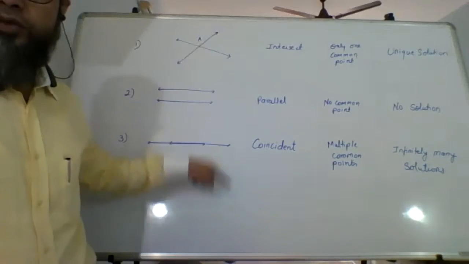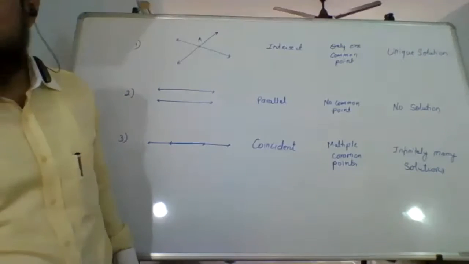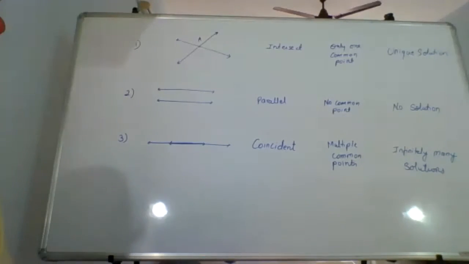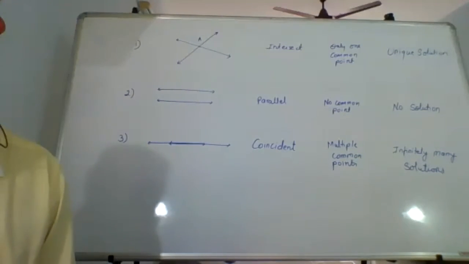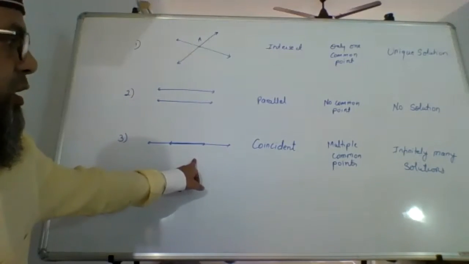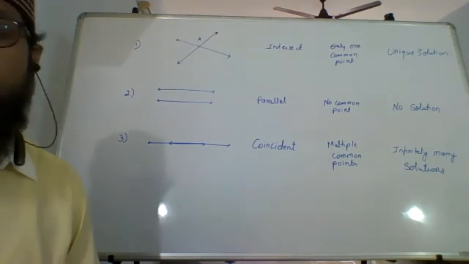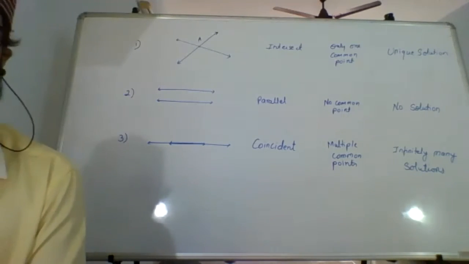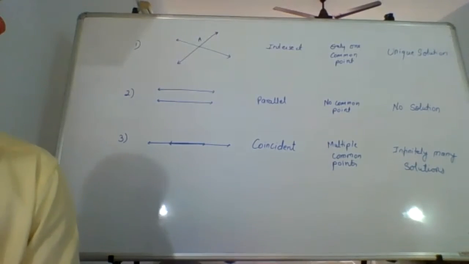Draw this table so that you will remember this later on also before we proceed further. Okay, this is the geometric way of representing, and ax plus by plus c is the algebraic way of representing a line. When we write ax plus by plus c, that is an algebraic way of representing a line, and when we draw it, that is a geometric way of representing.